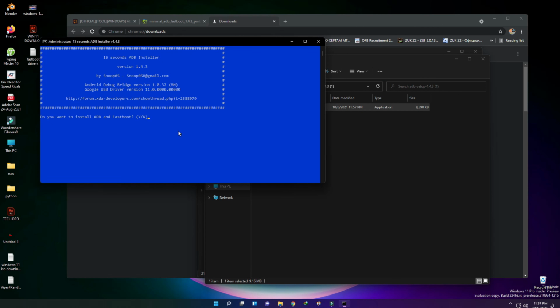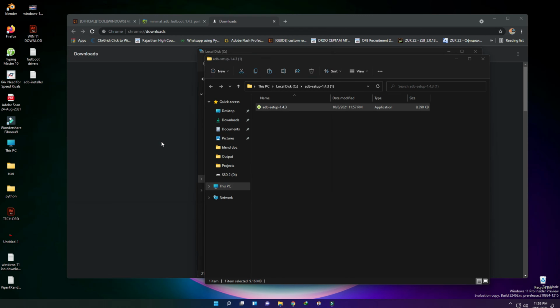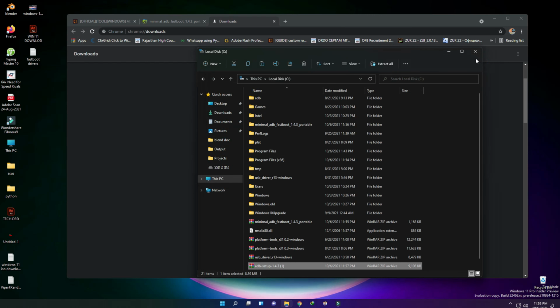on our Windows PC. So now we need to press Y, then Y again, and we can see that 4 files have been copied. Then press Y again and click on next. Okay, so we can see the Google USB driver has been installed now. That means the Fastboot driver has been installed for the Windows PC, and now we need to find the particular